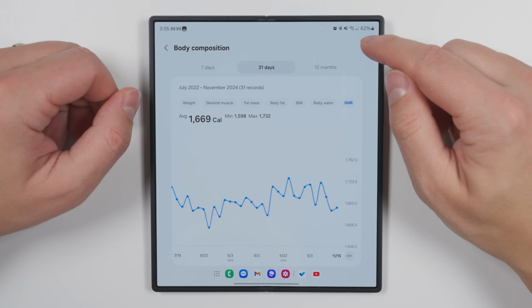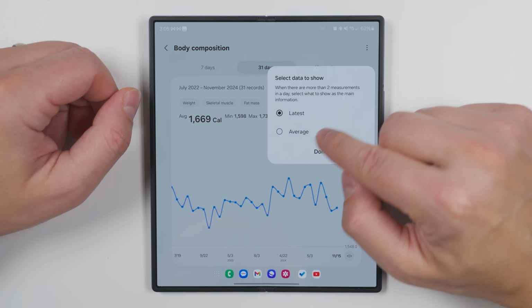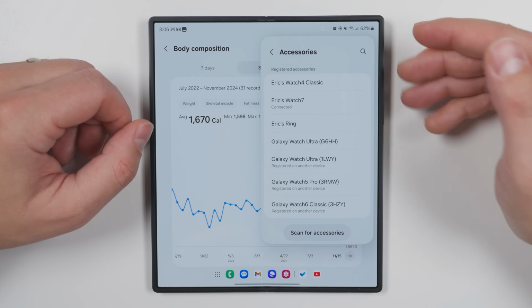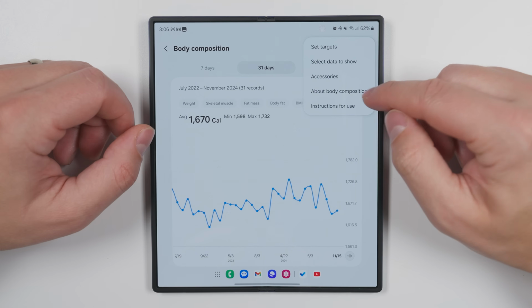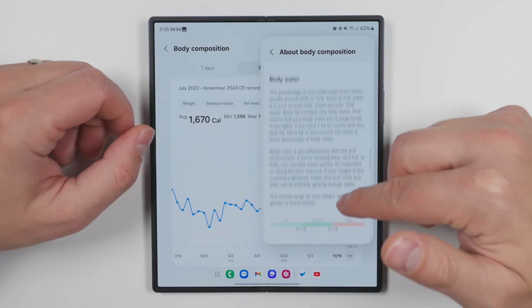There's a few more options in this 3-dot menu as well. You can select which data to show, and you can change it from showing your latest data to the average data. You can also see any connected Samsung accessories. And if you tap About Body Composition, it'll give you a description of what exactly it's doing and what all